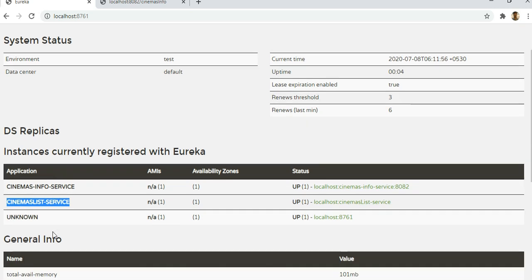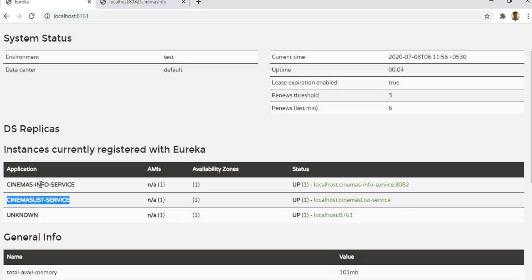Here I registered 2 microservices: Cinemas Info service and Cinemas List service. When we make a RESTful API call to that service, it discovers and identifies the location and an instance of that microservice application, and then makes a call to it.